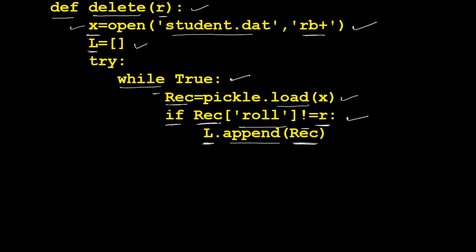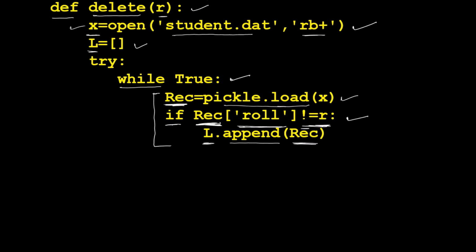These statements will be repeated in the loop, where each dictionary object written into the file student.dat will be read one by one into this variable rec from the file in our program, and then the value of roll number associated with the key roll in each dictionary object read from the file will be compared with the roll number given by the user.